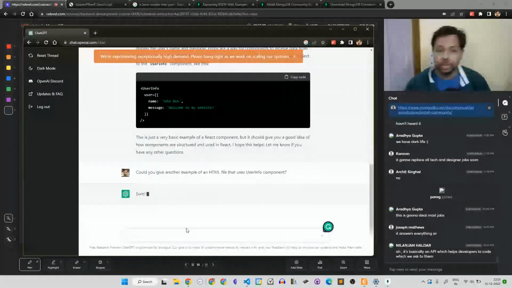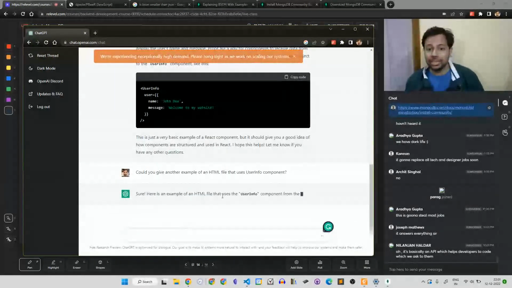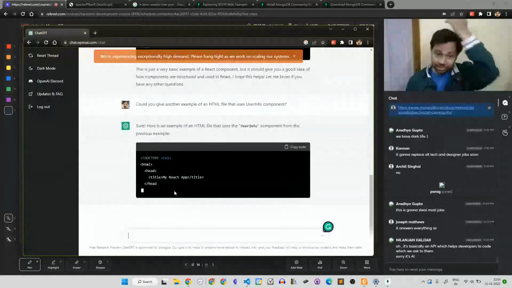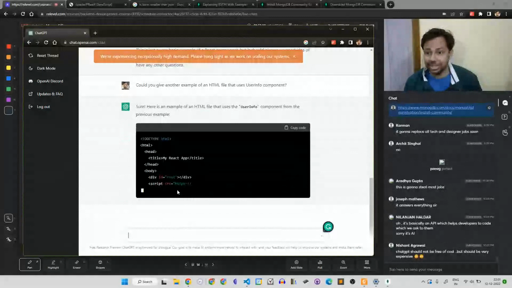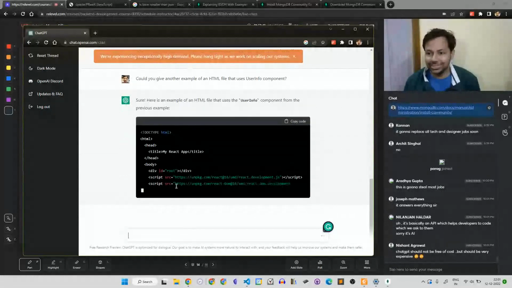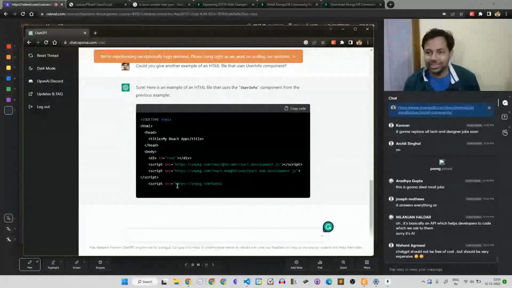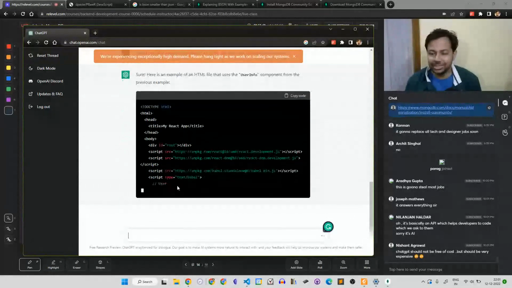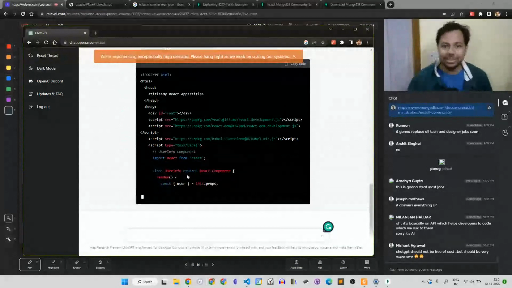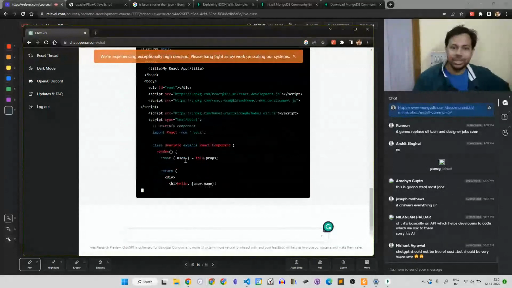Here is another example of an HTML file that uses the component. Now you can have another HTML file which will be a complete file. Look, they have created a whole file and then the user info component is used here.